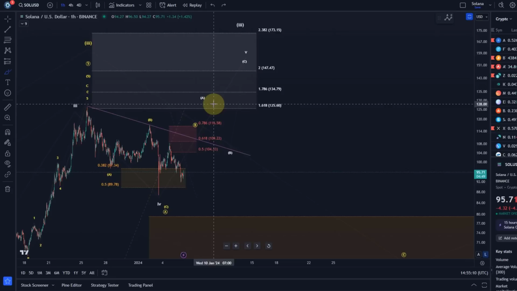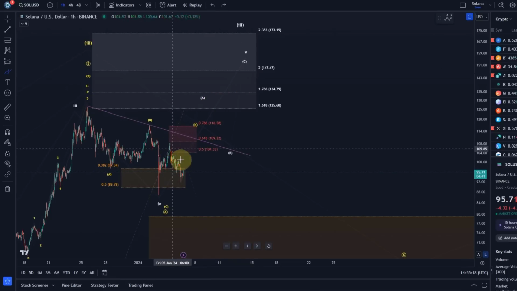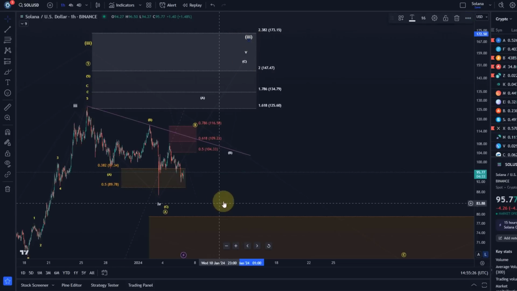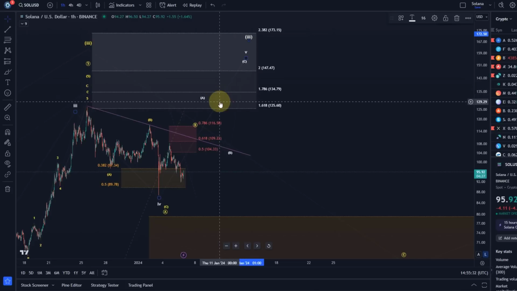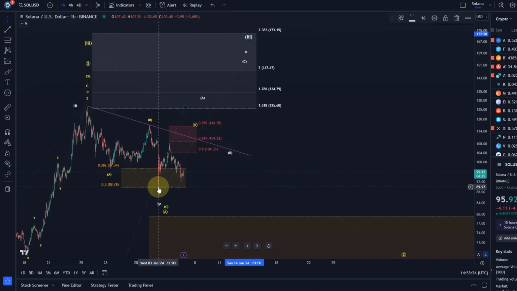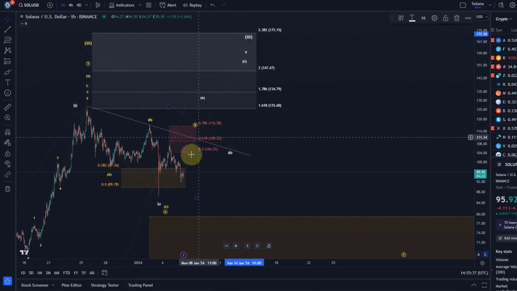At the moment there is what I count as a corrective pullback, but it's not very clear. This is not impulsive to the downside. That is important, because that clarifies at least that the white count is still likely. And I'm fairly neutral. I still would like to see one more high, but I don't assign it very high probability. So it's very balanced. We use the TA to understand what the current risk is and what the chart needs to do to clarify things as soon as possible.